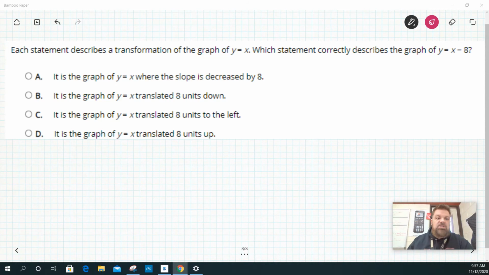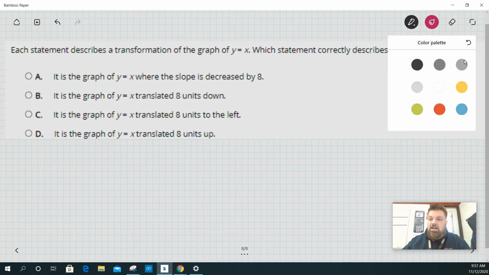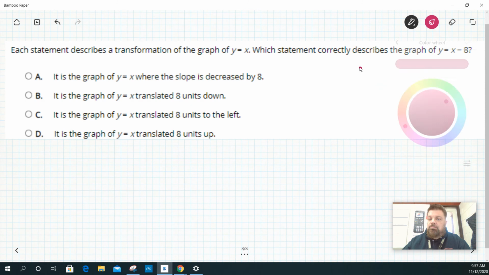Okay, so this one says each statement describes a transformation of the graph y equals x. Which statement correctly describes the graph y equals x minus 8? Sorry, I kind of botched that up. So the only thing that's different between y equals x and y equals x minus 8 is that